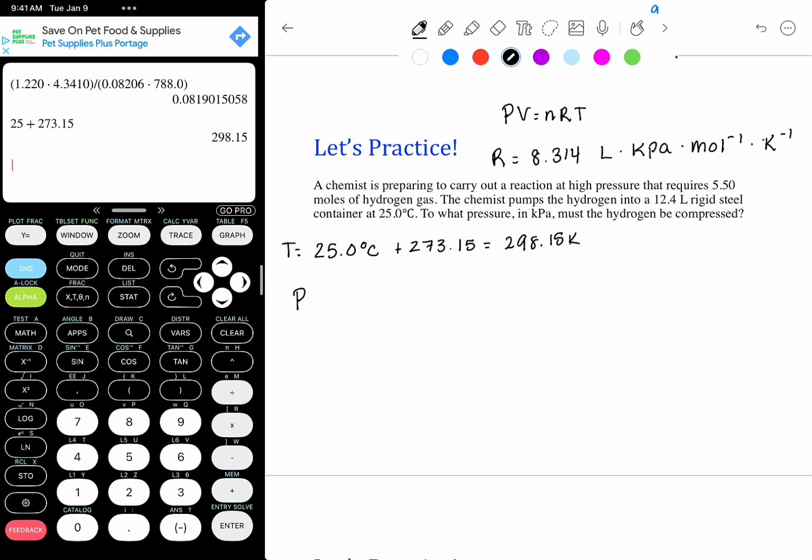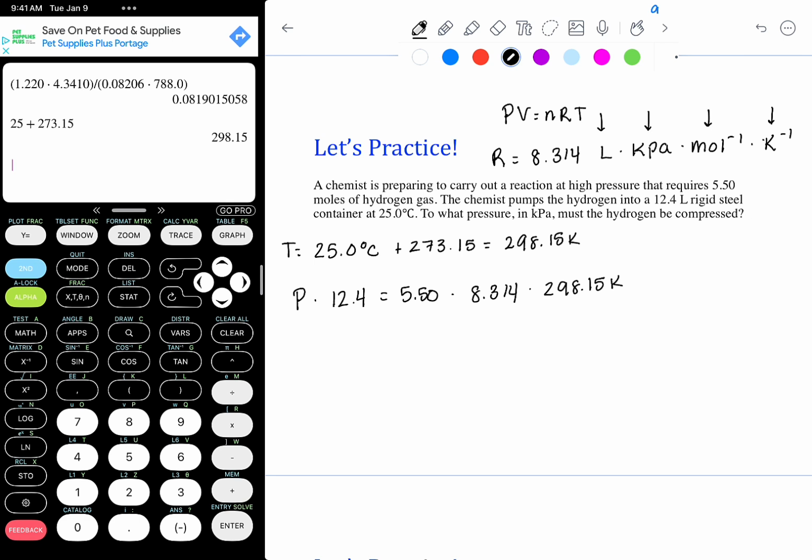So now we are prepared to plug in our values and solve for pressure. So we have P, which we're solving for, times the volume, which was given as 12.4 liters. That's equal to the number of moles, 5.50, times the R value that I gave in kilopascals already, which is 8.314, times the temperature of 298.15 Kelvin. Again, if you're ever concerned about whether your variables are correct, we just double check our R value